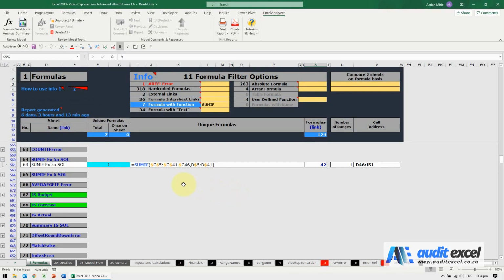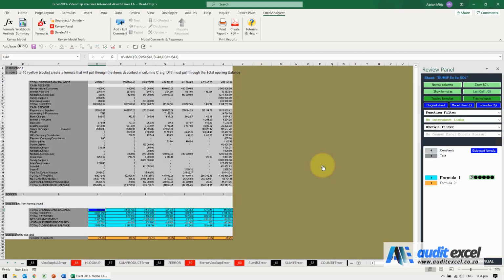Generally speaking, with a SUMIF, COUNTIF, AVERAGEIF, anywhere that's looking at a table, we expect dollar signs to be on the references, because it's rare that you want it to move around where it's looking. So in this SUMIF, you'll see that the criteria range has got dollar signs on the letters and the numbers. But if I look at the sum range, you'll see it's only on the numbers. So that exhibits a risk. Let's go look at it.